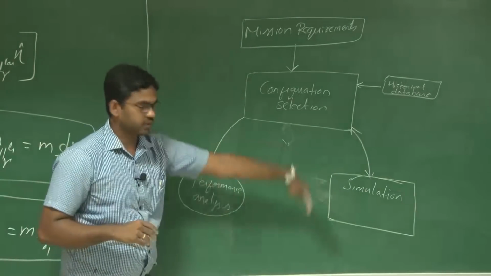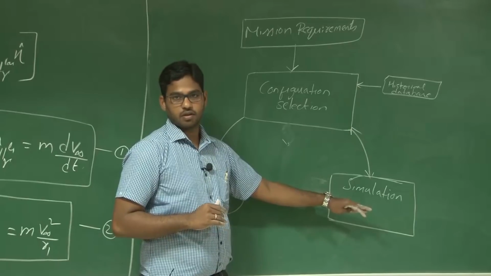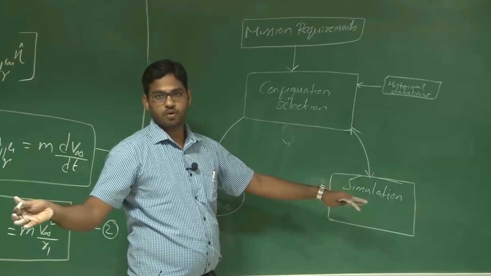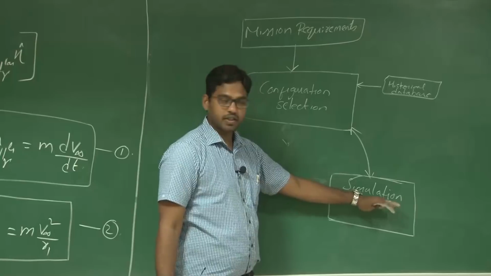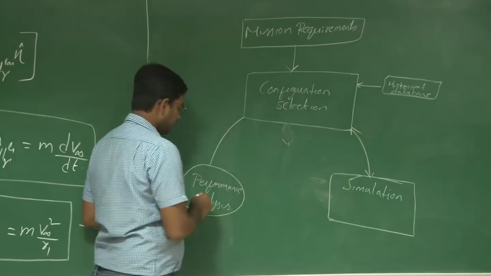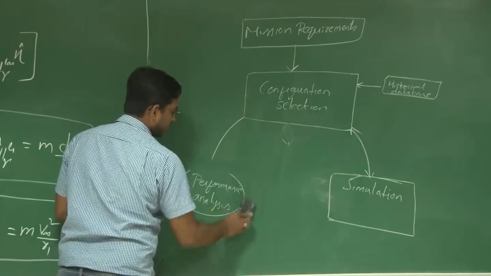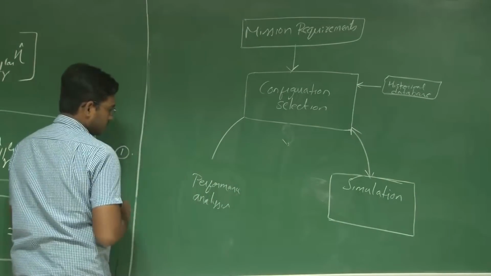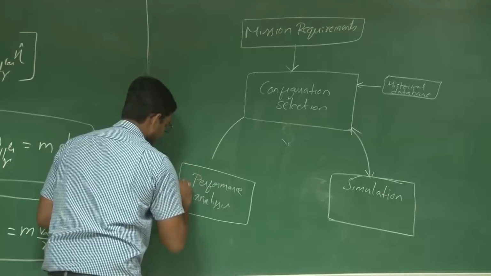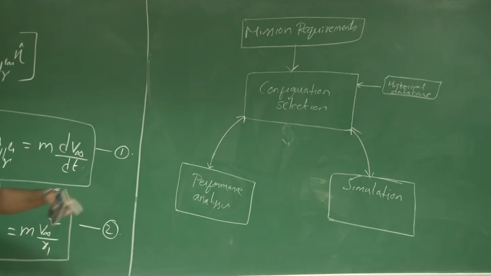It's not that just from the configuration you do the simulation. It's that whatever the parameters that satisfy the simulation, and which in general address most of the problems like control and all, if you want such parameters to be reflected in the system, what should be the configuration? Similarly, you have assumed some performance mission requirements, in which you might have specified some performance parameters. So this is again vice versa.